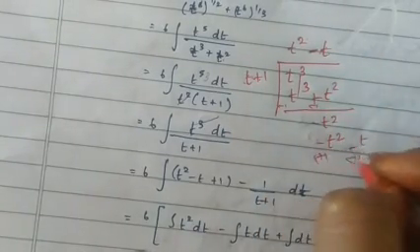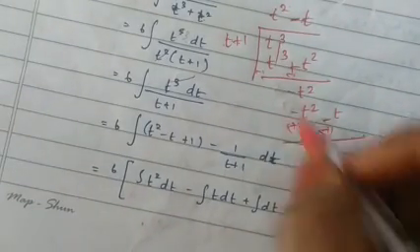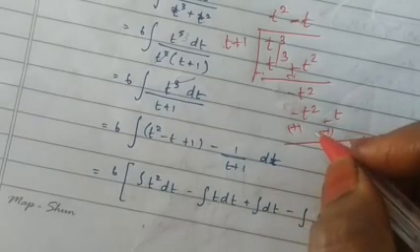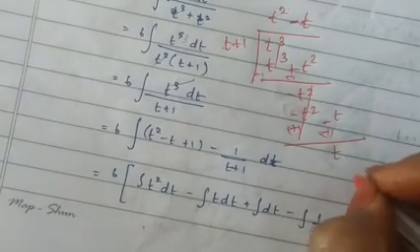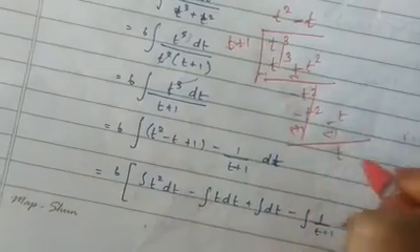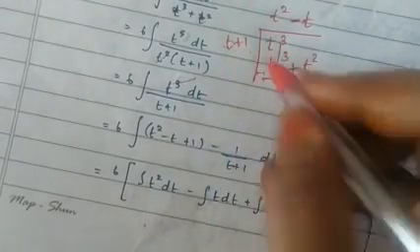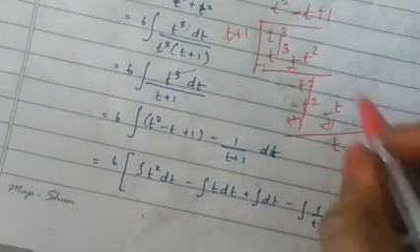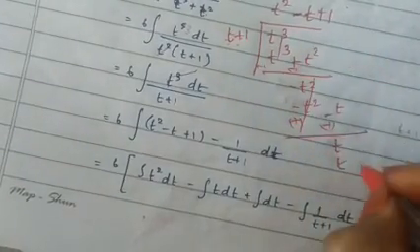Now change the sign. You should do this until the remainder's degree, that is the numerator degree, is less than the denominator degree. Therefore, this will get cancelled, you will be getting t. Therefore, here what is the degree? 1. Here also degree is 1, but it should be less than this. Therefore, you need to multiply t with some term to get t. Therefore, t into 1 is t. Therefore, you are adding 1 here. Therefore, t into 1 is t, plus 1 into 1 is 1.